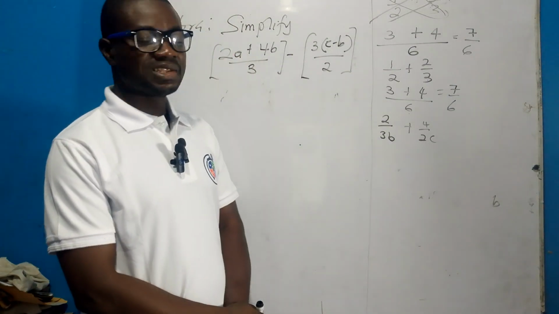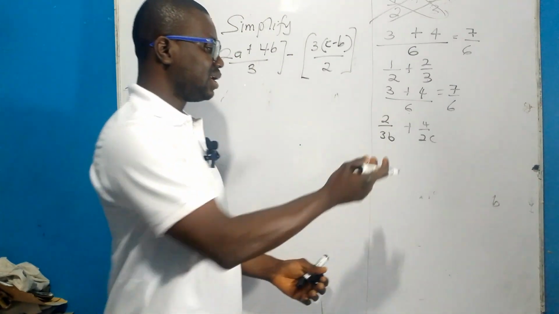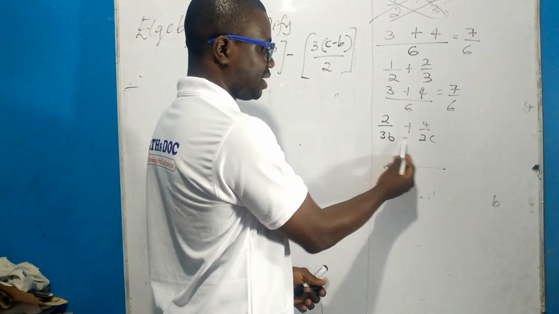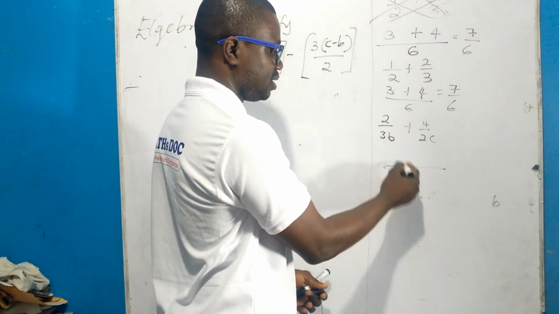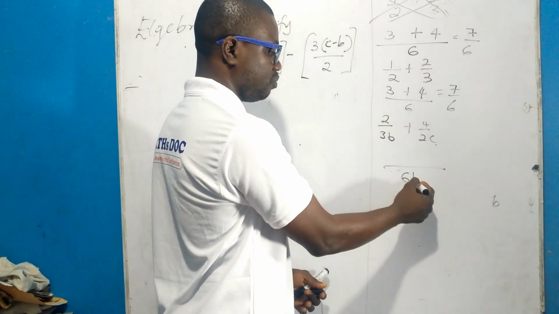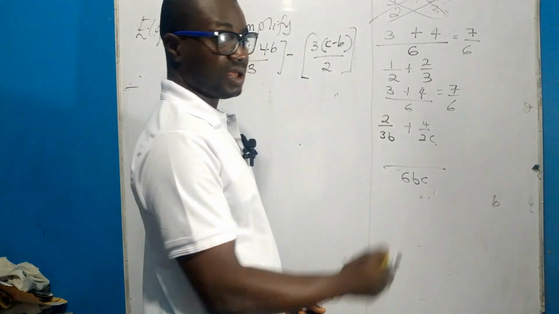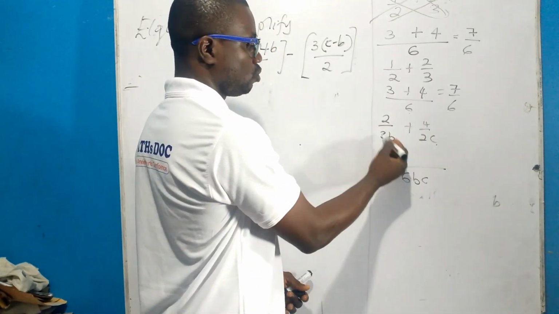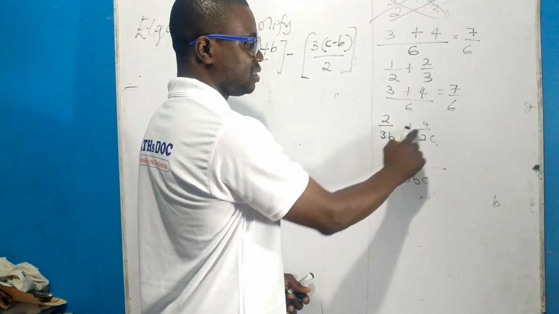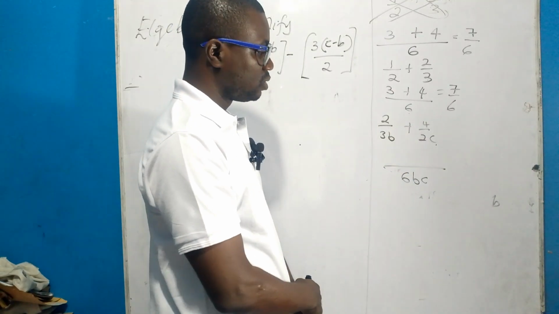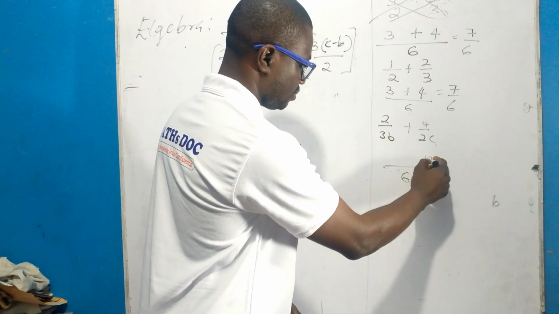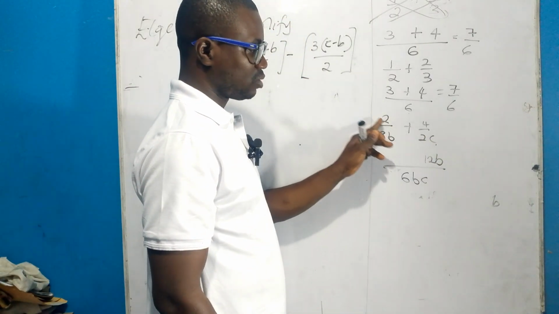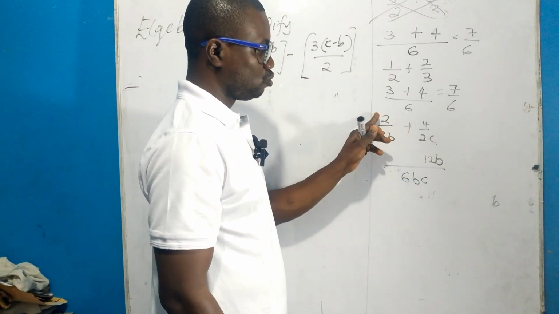In this case, as I explained to you, let the child multiply the bases. So 3 times 2 will give you 6, b times c will give you bc. Then you cross multiply. 3b times 4 will give you 12b. And then the other opposite crossing, you have 2c times 2 will give you